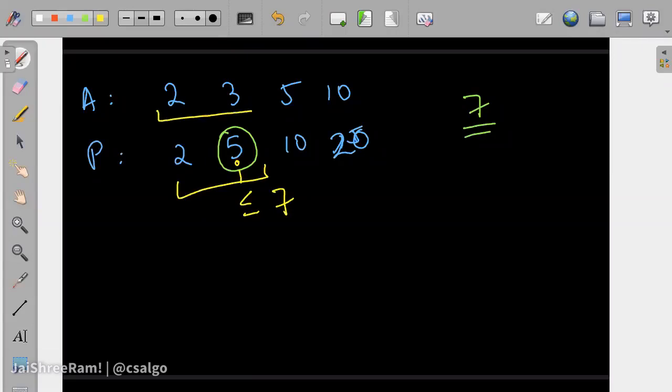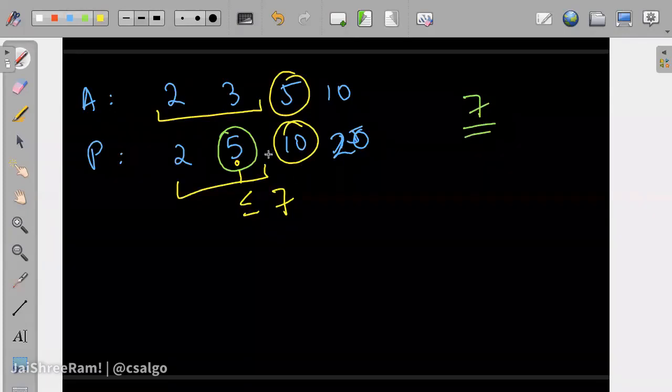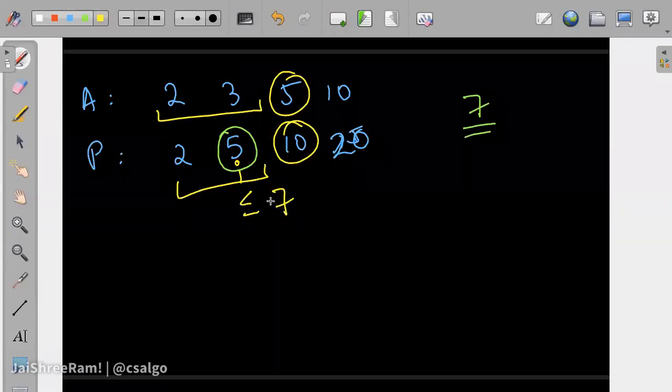So we are taking some prefix whose sum is 5, and we know that 5 we can take out from the 7, but we cannot take this one, because if we take this one it will become 10, but we cannot take 10 because we have only 7. So is this logic clear, that if in this prefix sum array we can find the last element with a value less than or equal to 7, we are done with the problem? Is it clear to all?